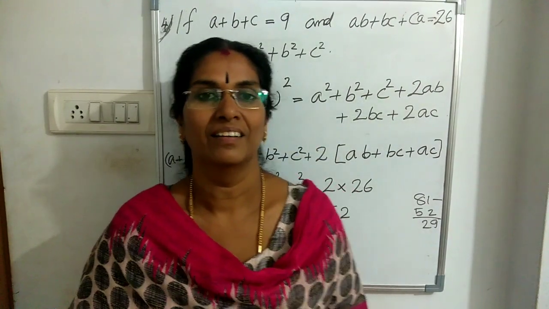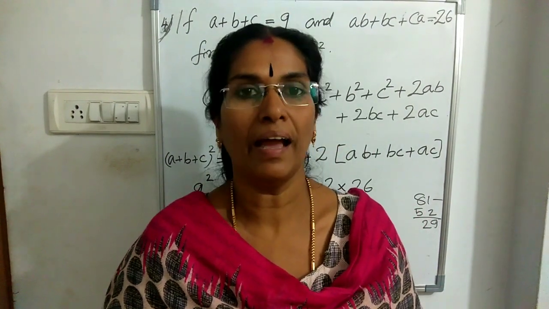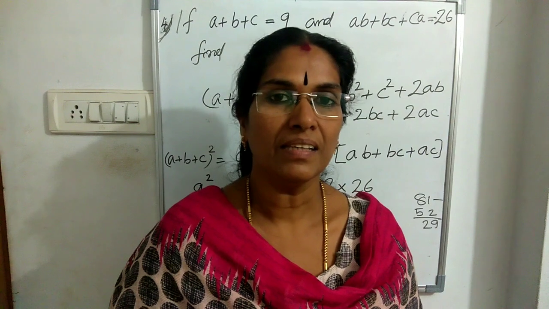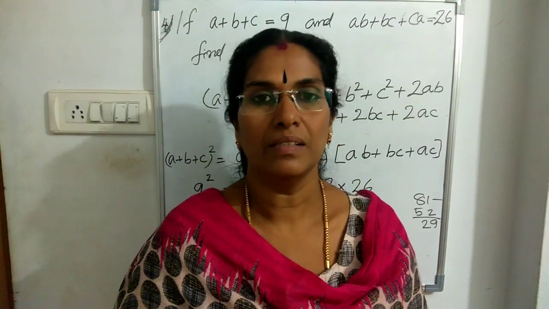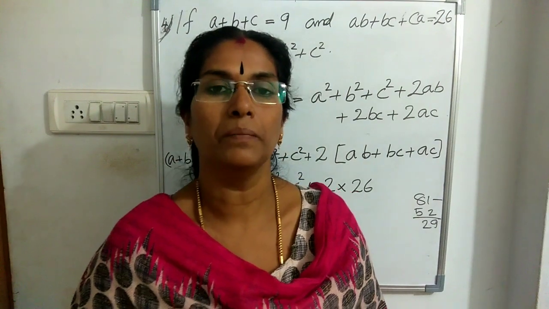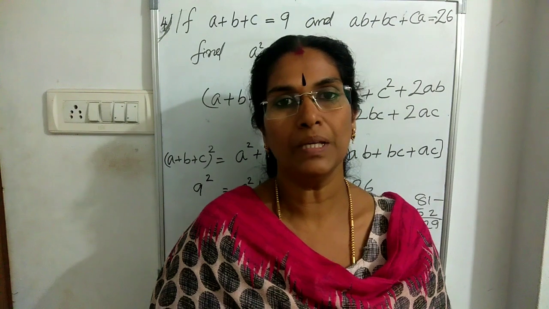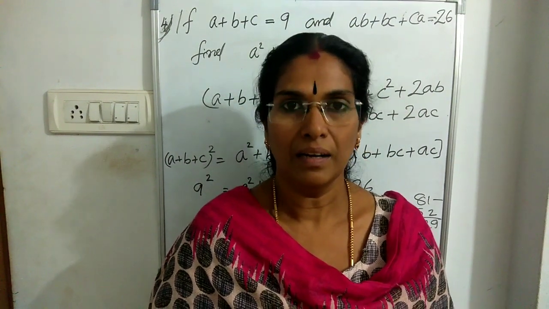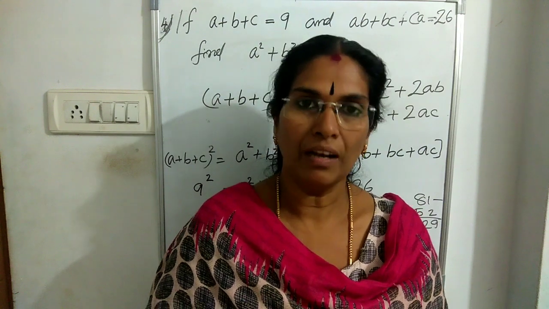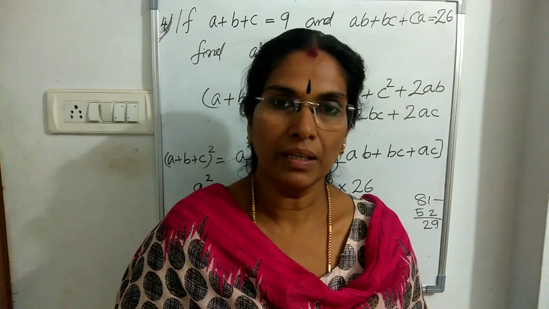Okay. It is easy portion for you. I think it is very simple if you know the identities. The identity is a plus b plus c whole square. That is equal to a square plus b square plus c square plus 2ab plus 2bc plus 2ca. This is an important identity. This year we are learning. So study well and you have to solve given questions.